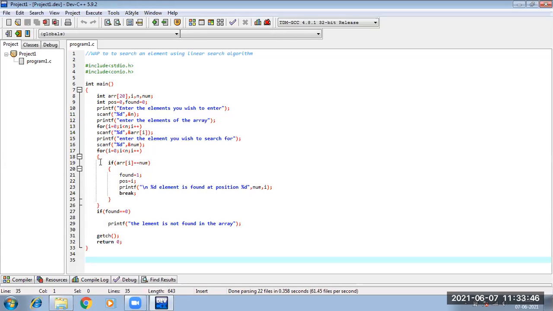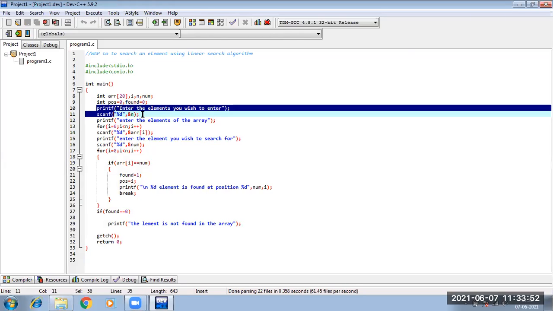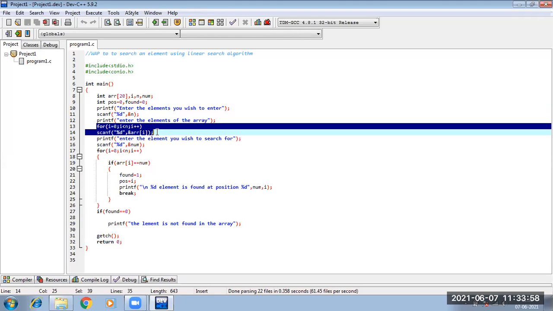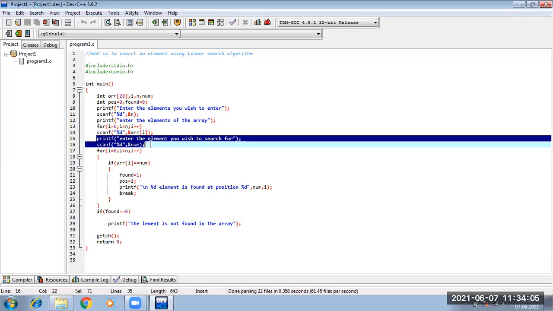that is binary search. Now in linear search, the concept was, according to the algorithm, we will take a few elements, then we will take the elements one by one so that our entire array is filled up according to the number of elements I enter. Then I will give a number which I want to search for in that array. Now that number I have saved in the variable num.